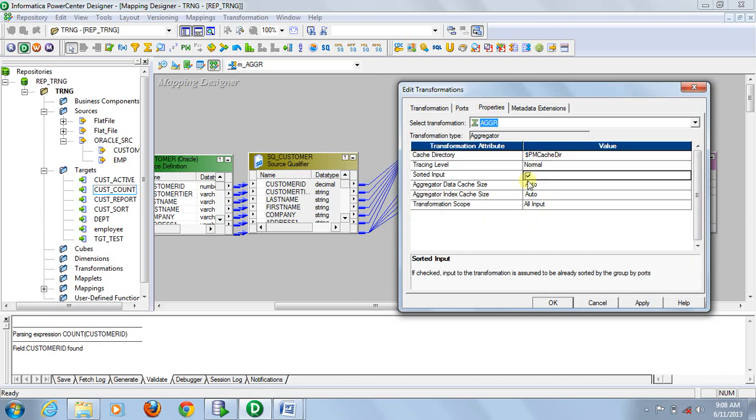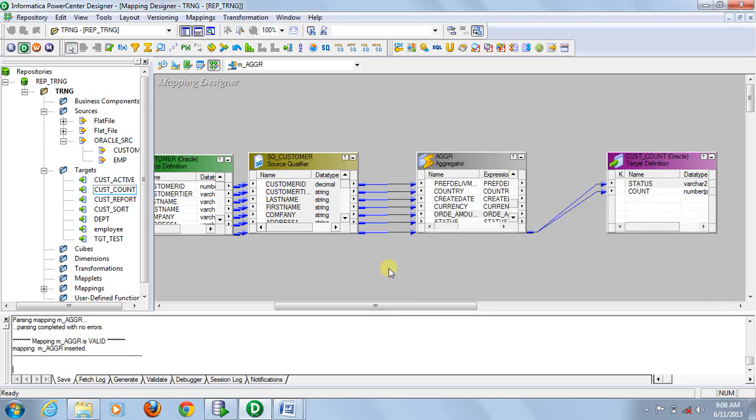So it will not create any data cache, it will just aggregate those data and pass them to the target. So if we check this, we have to add a sorter transformation here, and data have to be sorted according to the status port. As we have not created any sorter here, we'll keep it unchecked.